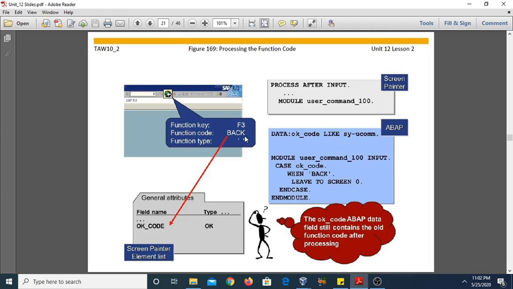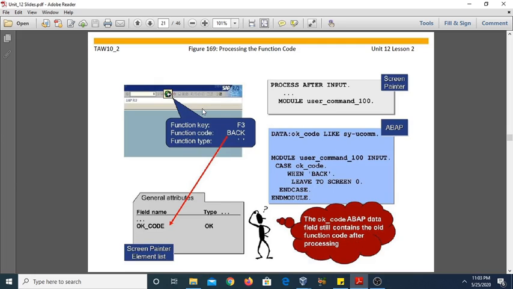So how it will work, you can see this is a module user_command_100 input. I am assigning the CASE here, CASE ok_code, and here I am using the function code. If the function code is BACK, that means you can perform any instruction or operation. In my case I am assigning it to LEAVE TO SCREEN 0 and this ENDCASE.